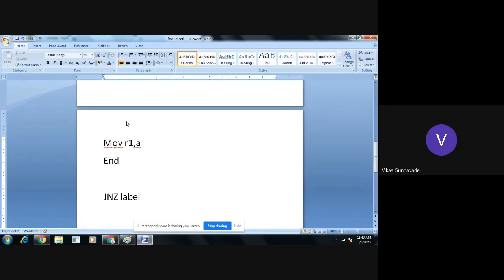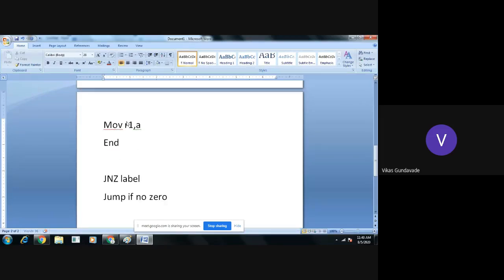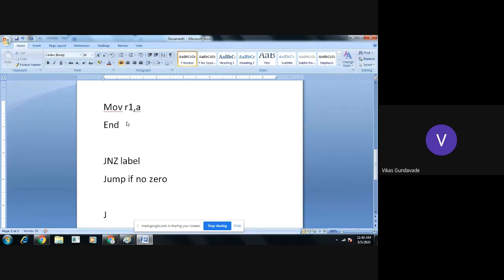That's why it is called jump if not 0. Not 0 means the accumulator contents are non-zero, and it will clear the 0 flag in the PSW register. If this condition is satisfied, then only the jump will take place, otherwise it will not. Everyone got it?